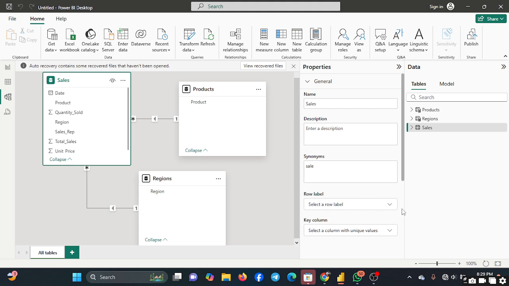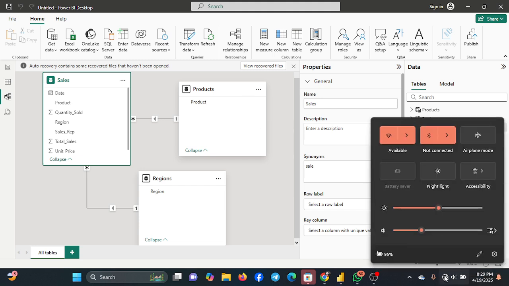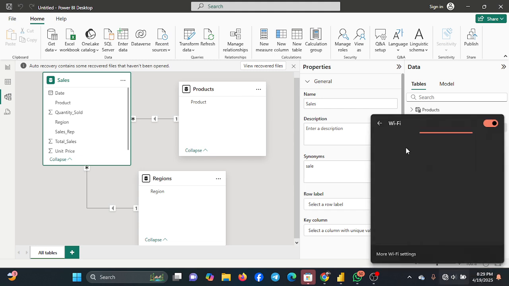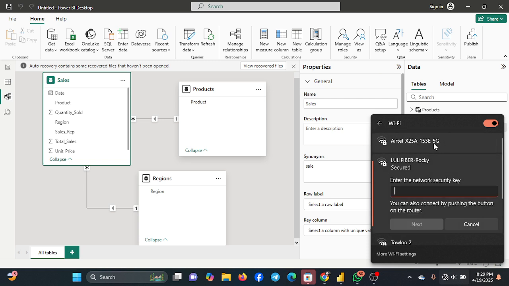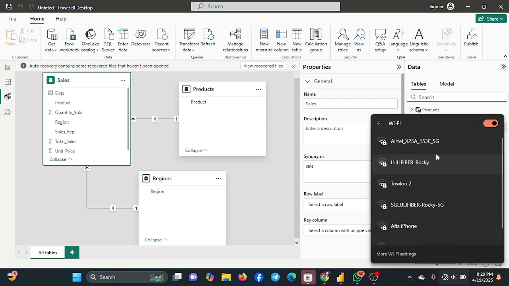And for this one now, what we are going to do is this. Let me connect. I think mine has been disconnected, so sorry about that. So now